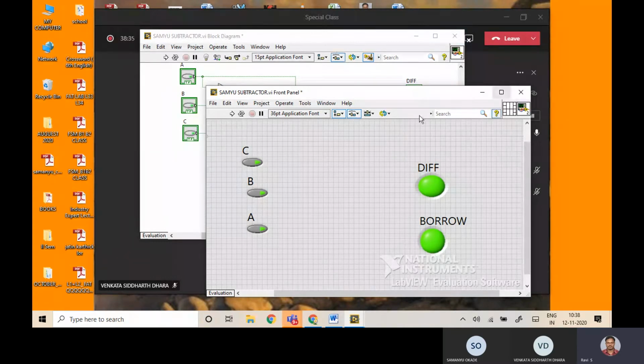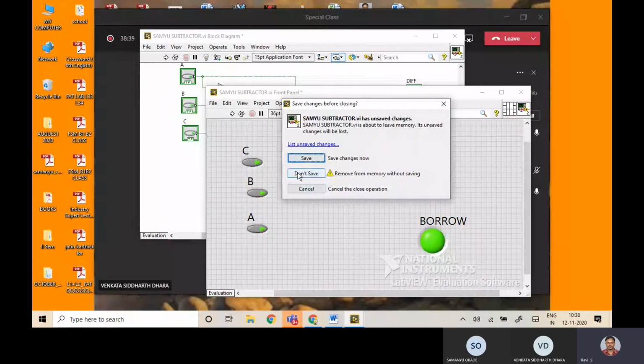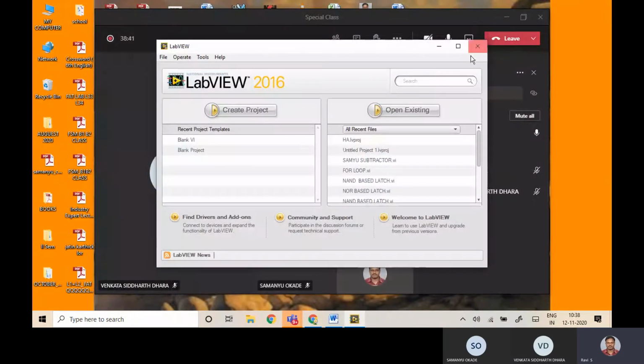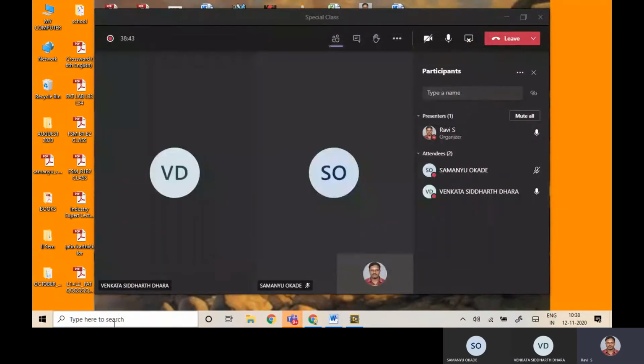Now I'll take you to the next software, that is Multisim. Everyone practiced a lot of experiments using Multisim, correct? So I'll open the Multisim.